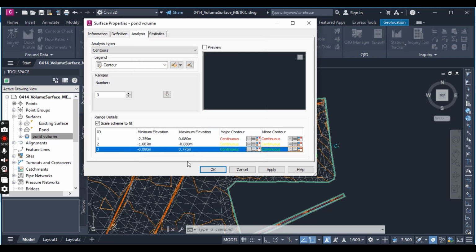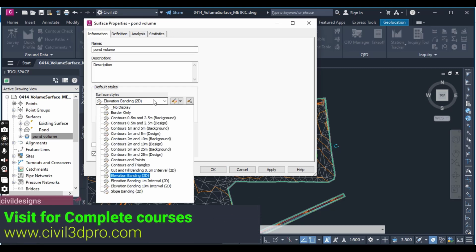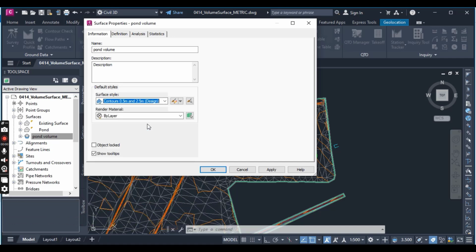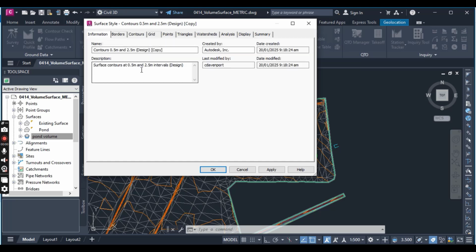Now switch to the information tab on the surface properties dialog and change the surface style to 0.5 to 25 Design. Click the down arrow next to the style field and select copy current selection. The surface style editor will appear. On the information tab, change the name field